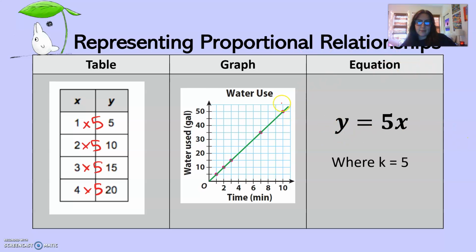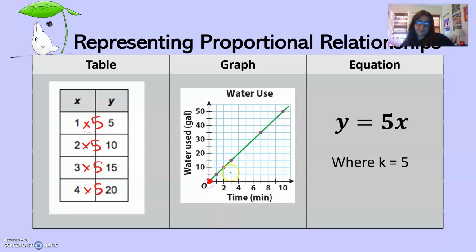Let's just wrap things up really quick. So I can represent proportional relationships with the table. Here's my constant of proportionality, 5. I multiply all my x values by 5 to get the y values. 1 times 5 is 5, 2 times 5 is 10, 3 times 5 is 15, and 4 times 5 is 20. Here's a graph. We know that this graph represents a proportional relationship because it passes through the origin,